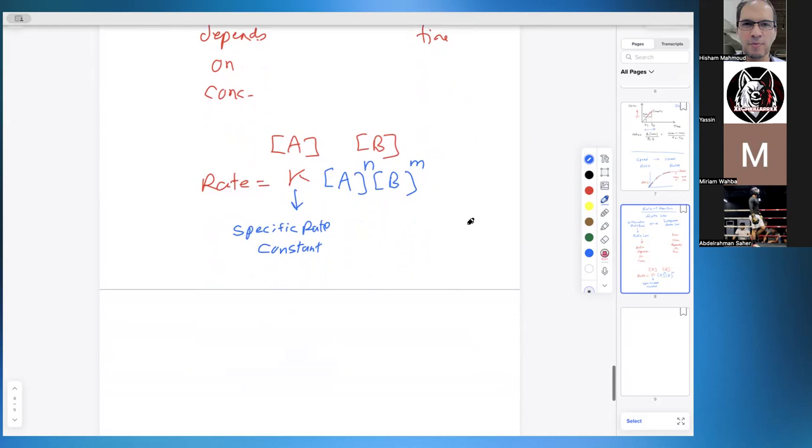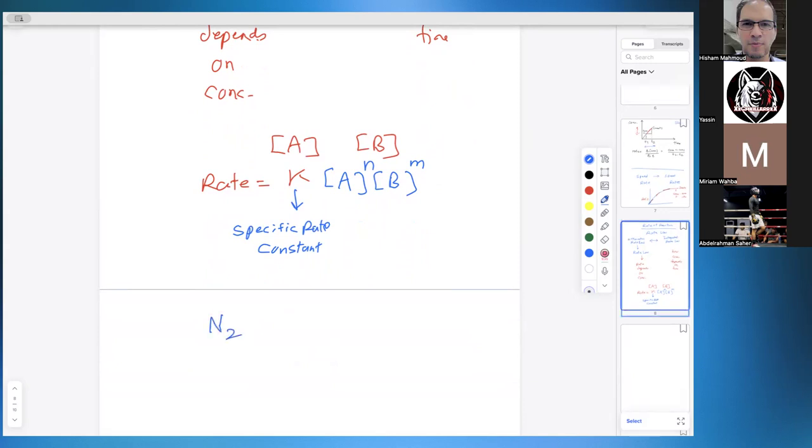Mister, we know that it has no relationship. Only there is one case in which it has a relationship. Can somebody tell me what is the only case in which the N and M has a relationship to the coefficient? I mean, if I'm giving you a reaction, N2 reacts with H2 to form NH3, and then